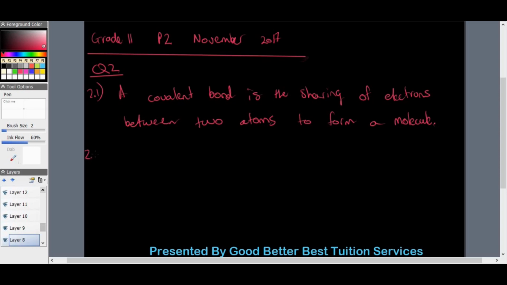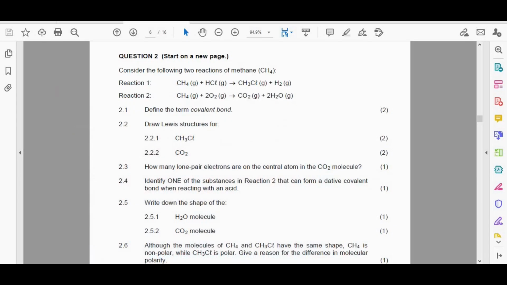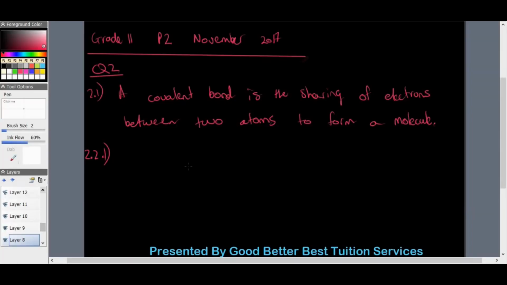2.2, I think, asked you to draw some drawings. I think the first one was for CH3Cl. Now you're going to have to pay attention to this one. What I like to do is write down all the atoms that I have in the molecule. I've got 3 hydrogens and 1 Cl. So it looks like if I write down carbon,